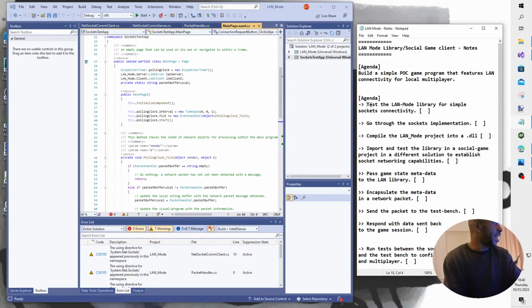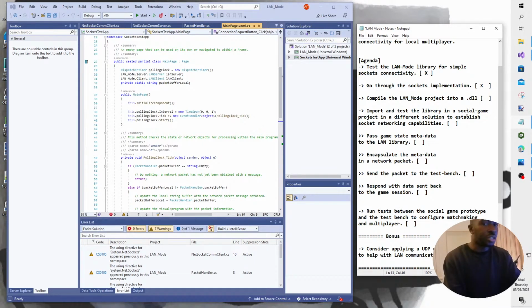So we've tested the LAN mode library for simple sockets connectivity. I've walked you guys through what's going on, and gone through the sockets implementation. I showed you guys that as well just now. So what I'm going to actually do is compile the LAN mode project, which is the name of my little sockets library, into a DLL such that